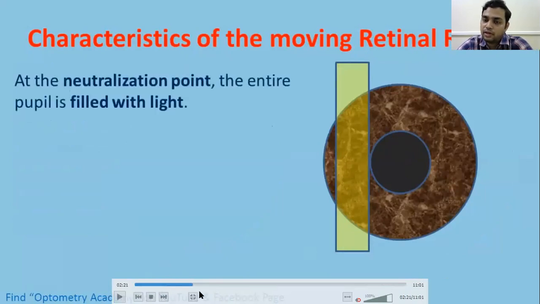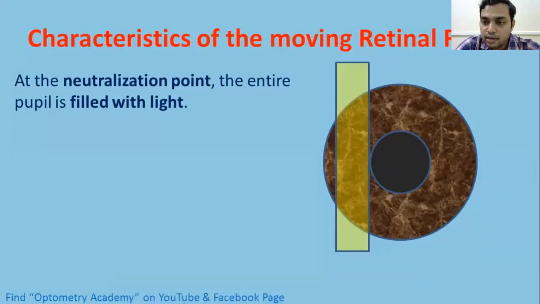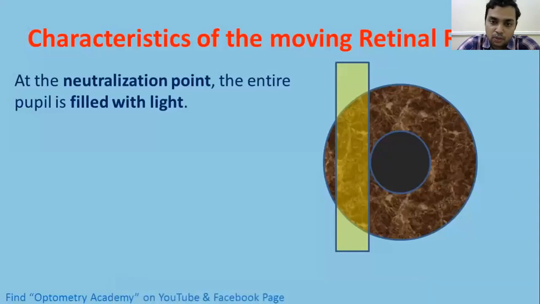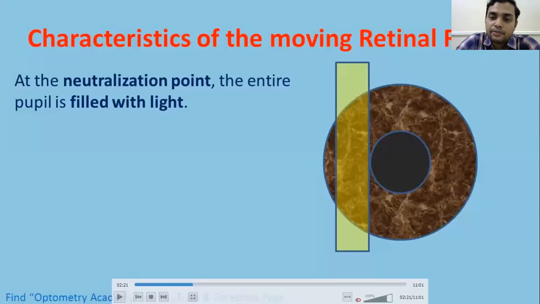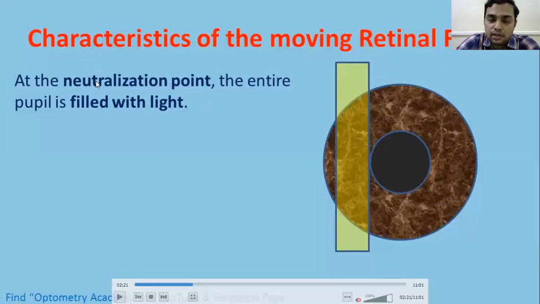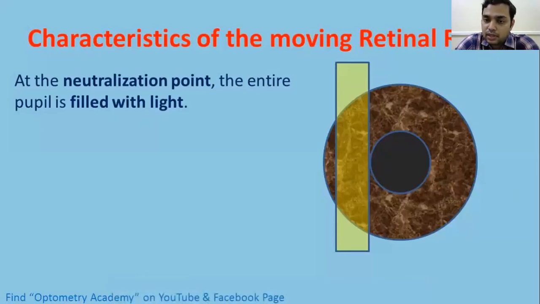So if you achieve the neutralization point, then the entire pupil is filled with the light, and we don't observe any movement of light in the pupillary area. At the neutralization point, if the patient is emmetrope, or if we corrected the myopic correction with the minus lenses, at one point we reach the neutralization point. At that point, we do not observe any movement of the red reflex, because the entire pupil is filled with the light. So based on the technique of neutralization, we finally get the measurements of the refractive state of the eye. This is the basic principle of retinoscopy.